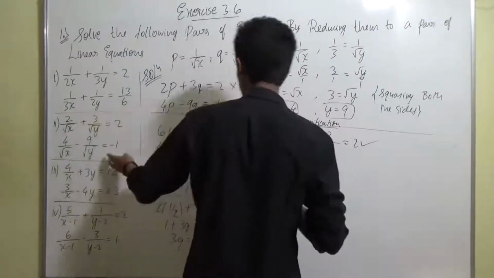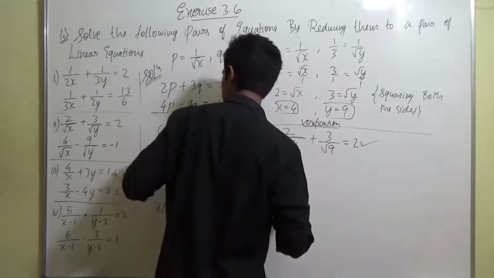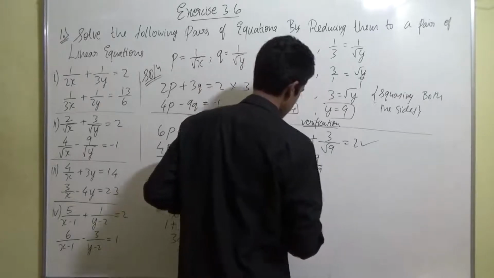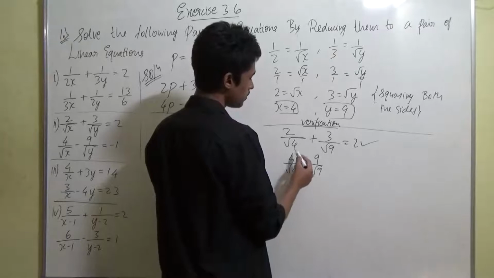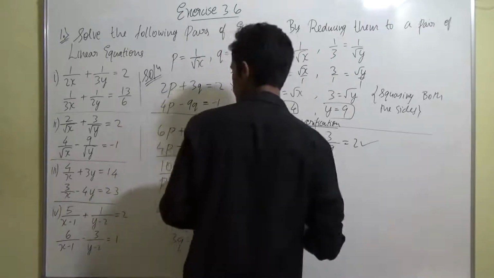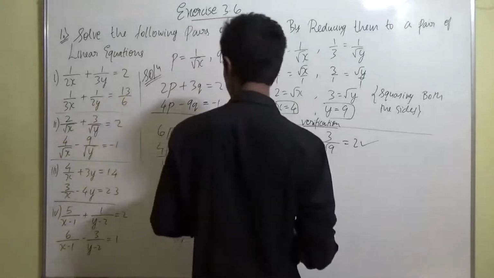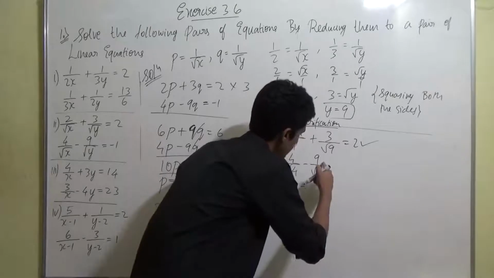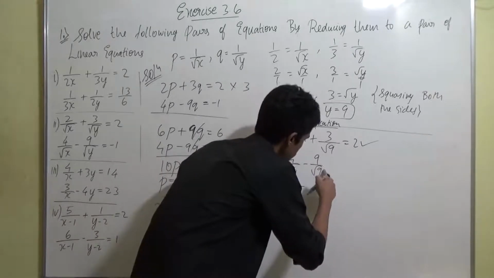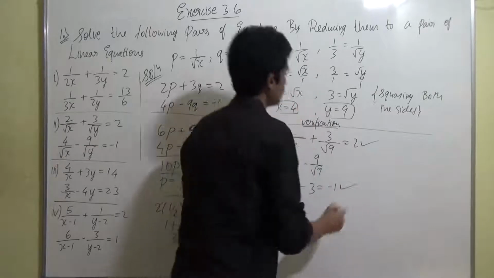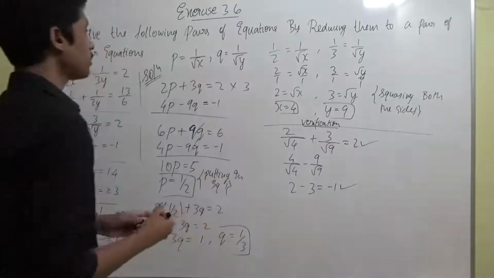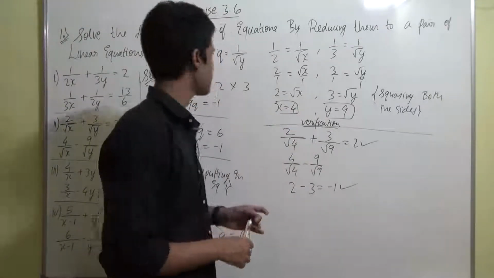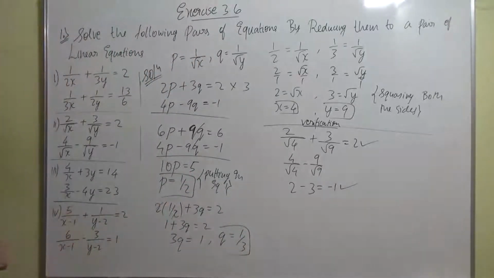Correct. And then let's verify with the second equation as well. The second equation is 4 by root of 4 minus 9 by root of 9. 4 by root of 4 becomes 4 by 2, which is equal to 2, and here it becomes minus 9 by root of 9, which is 9 by 3, equal to 3. It becomes equal to minus 1. So even equation 2 is verified. So both the equations got verified, guys, which means the answer which you got, x equal to 4 and y equal to 9, is correct. That's it, guys. Done with the second sub question.